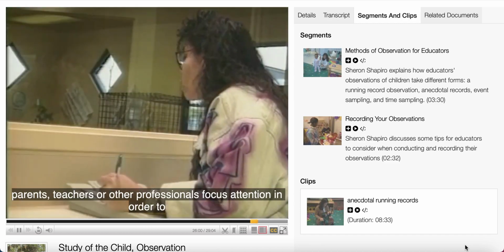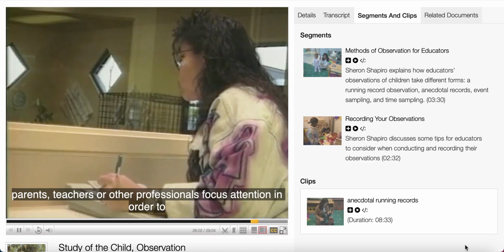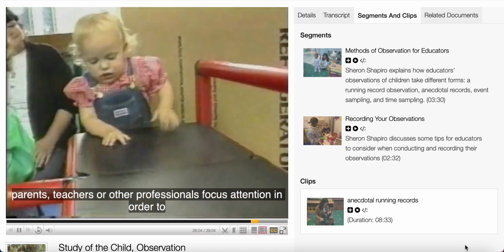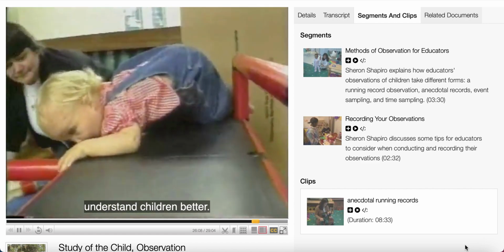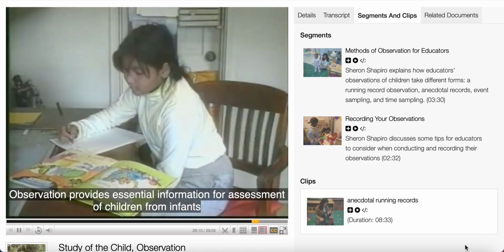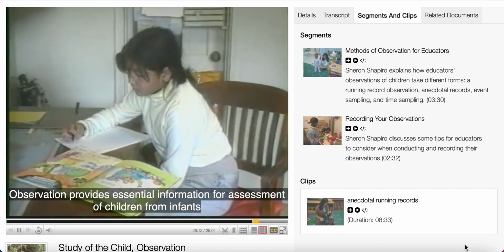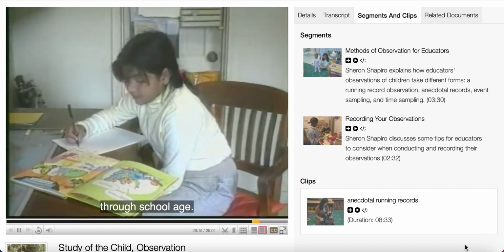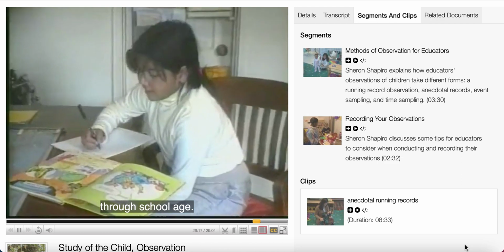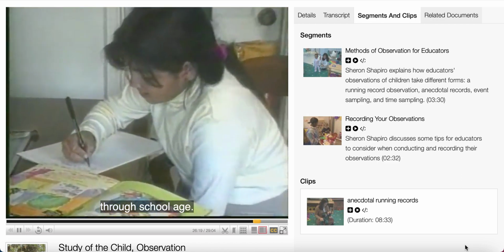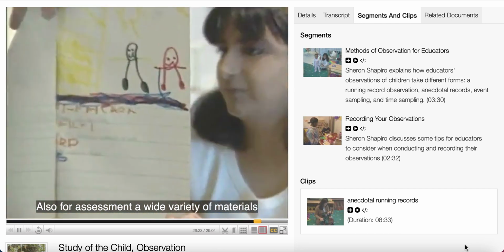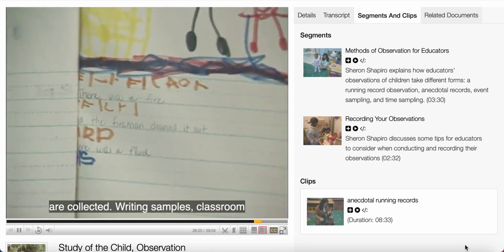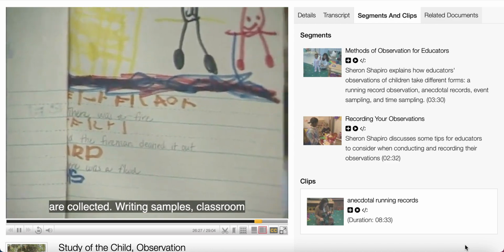Observation helps students, parents, teachers, or other professionals focus attention in order to understand children better. Observation provides essential information for assessment of children from infants through school age. Also, for assessment, a wide variety of materials are collected. Writing samples,